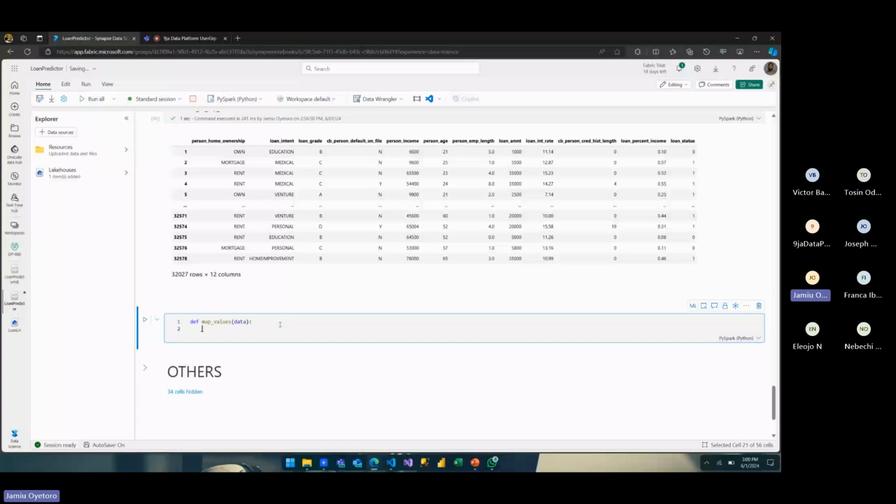This is the normal way that some people used to do it. You will now say if data is equal to mortgage, you can replace it with 1. Else, if it is this, replace it with 2. Else, if it is this, replace it with 3. Why can that work? That can actually work. If you use this method to do it, it will work. And you can also use Data Wrangler successfully to do it. But there are